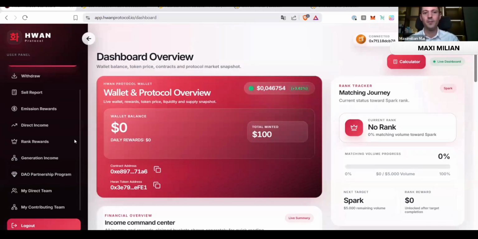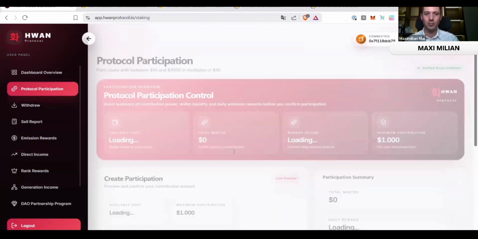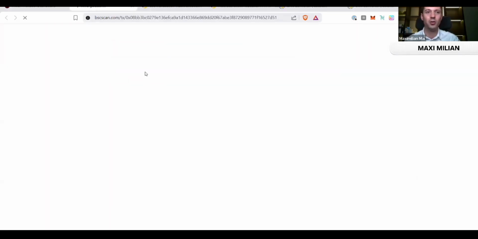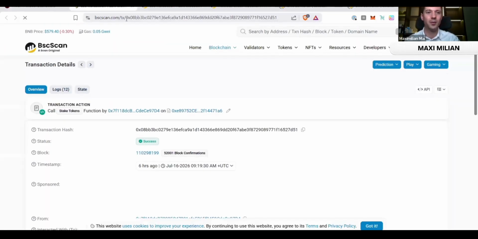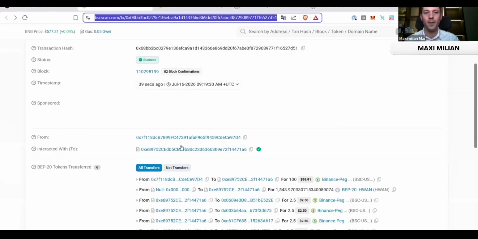Okay, so let's go back to the smart contract. Where do we have? Oh, yes, protocol participation, right? Where you can currently do this little roundabout, basically, to go to BSC, right, and get to the contract. So again, you can see the transaction hash. If you click it, it just opens, and you see all your past transactions. And obviously, my last transaction was this one, right, to the